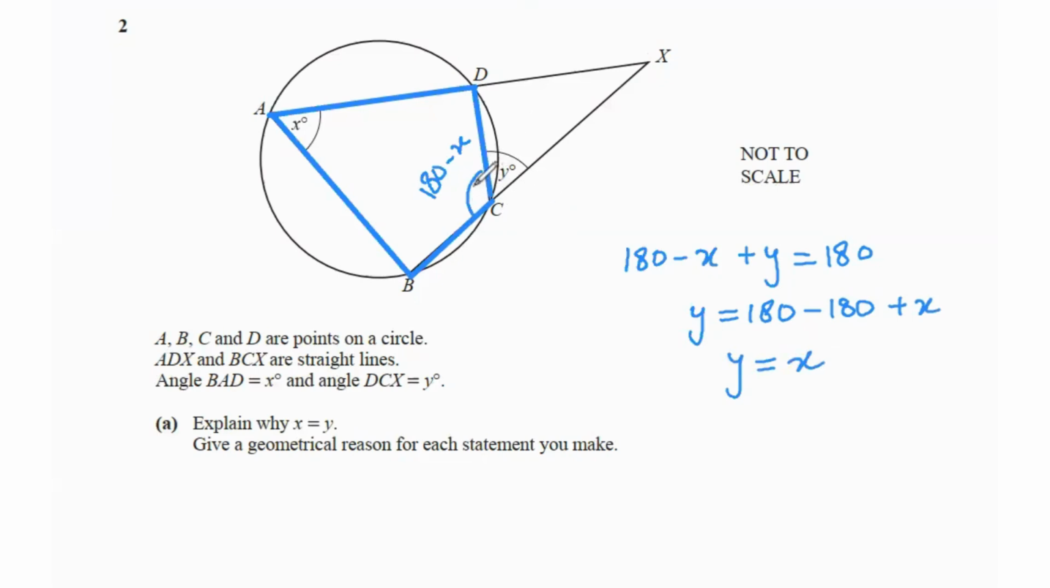The reason why I put 180 minus x plus y equals to 180 is because both 180 minus x and y lie on a straight line, and they're supplementary angles. Angles on a straight line are supplementary angles, hence they add up to 180. So for the first reason, you will talk about the cyclic quadrilateral,